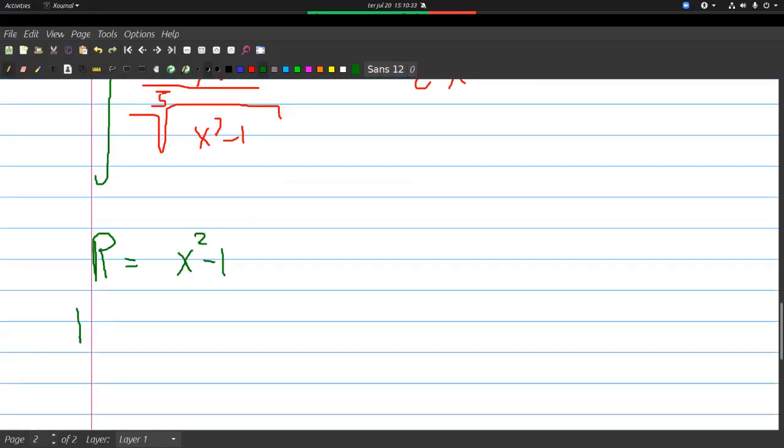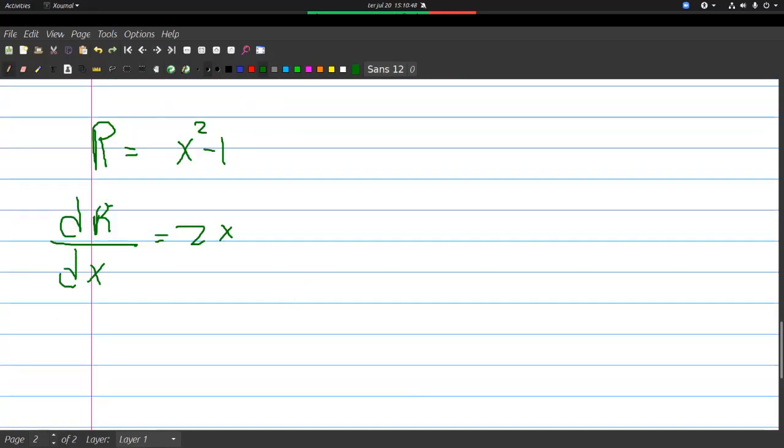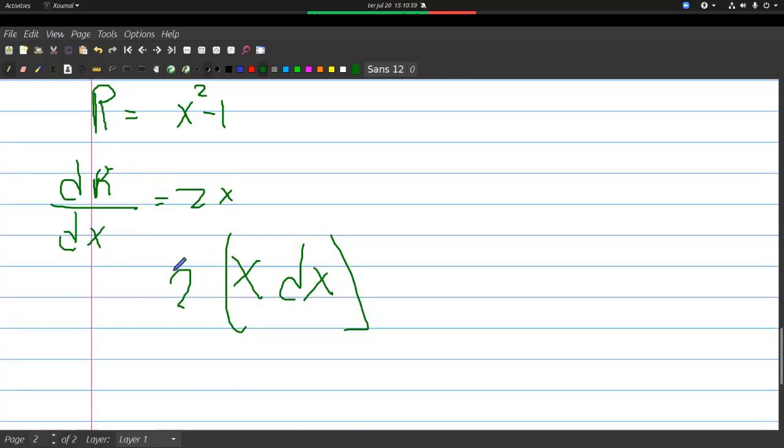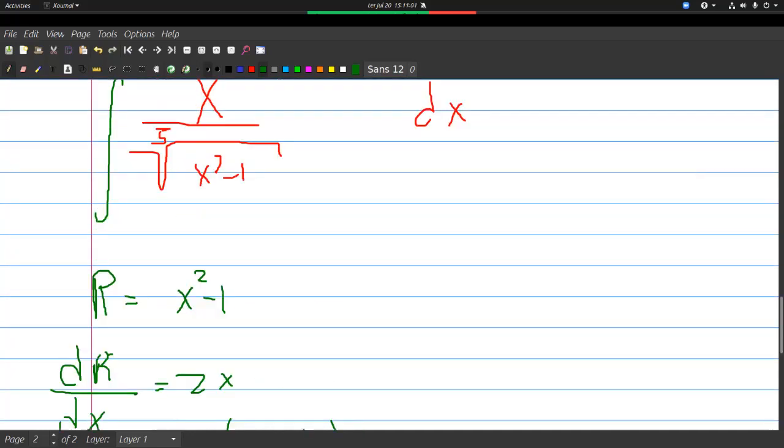So dr over dx would be 2x minus 1, or that is 0. So just 2x, and so 2x dx. And once more, we see that this is the same thing as this. So what we have to do is divide by 2. So then we have 1/2